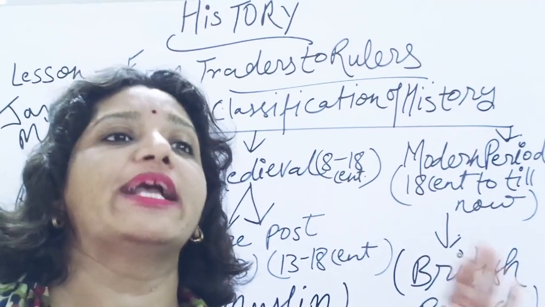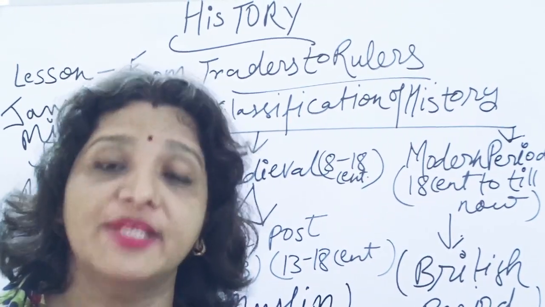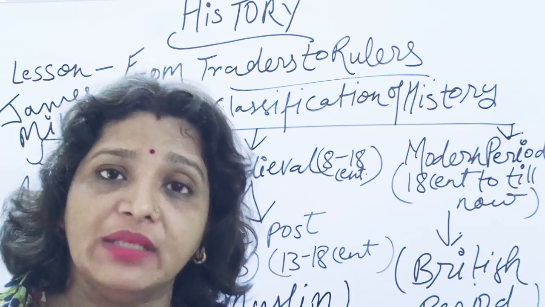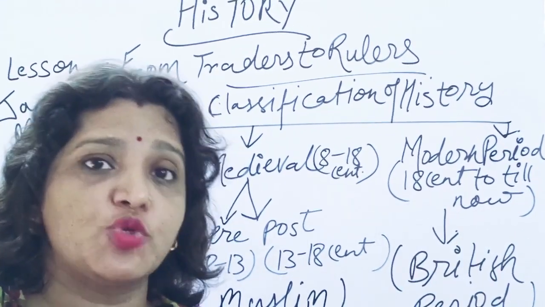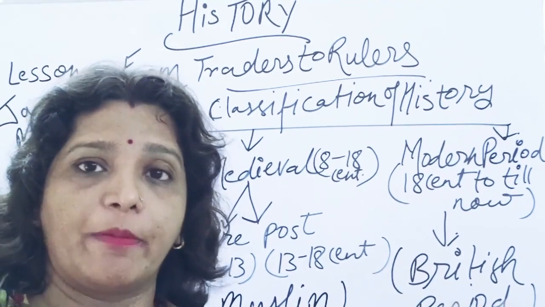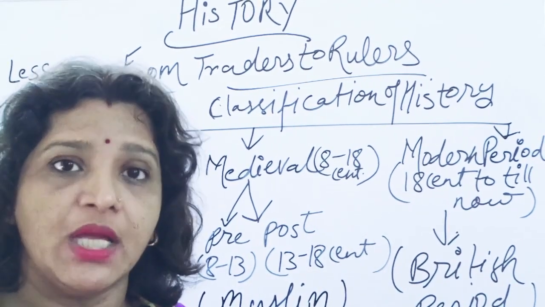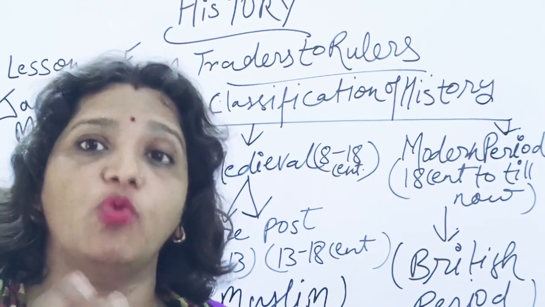So this was only the explanation of my subject, history is what, history kya hai, which I explained to you. History is not only the study of the past; history is a subject which correlates our past to our present, and our present to our future. Past events to present events, and present events to our future. This is what I want to say to you.